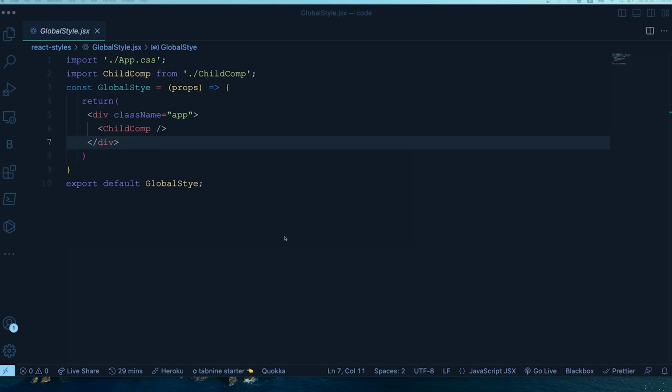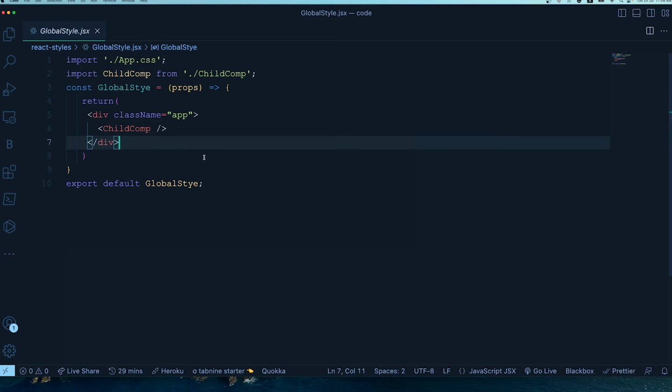In the next approach, we have a global style. So we have, say, a .css file like app.css, where we have declared all the styles, and then we are importing the style. And what we are doing is taking one of the classes from that particular file and using that as a class name for my component. One great advantage of this approach is that in React, once you import it to the parent component, all your child components automatically get all the styles defined in the CSS file. So you don't have to re-import it every time in all your child components. So you're saved from that.